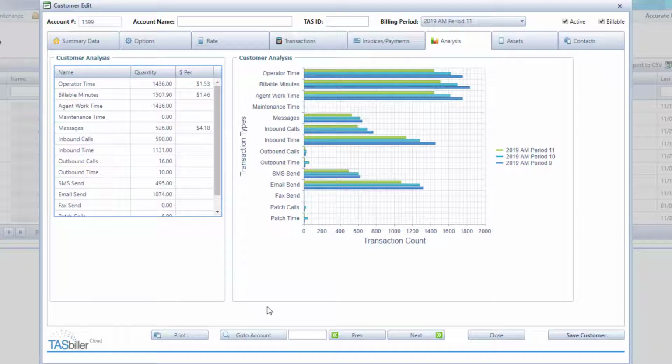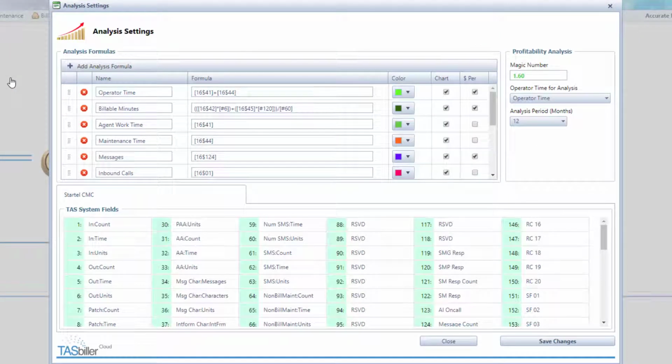Let's go back into Analysis Settings, and let's add another category here for analysis. Let's say I'd like to add a category for transactions, which is frequently used for analysis. So we're going to add a formula. We're going to name it Transactions. And for transactions, I want to include my inbound calls, my outbound calls, my patch calls,